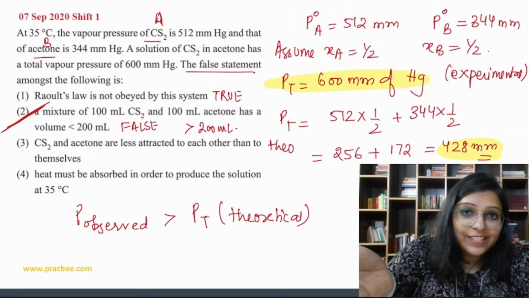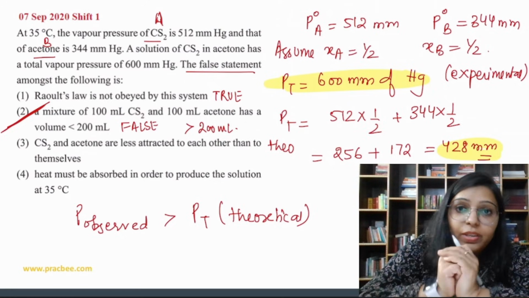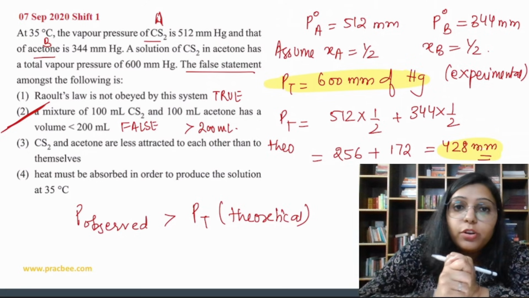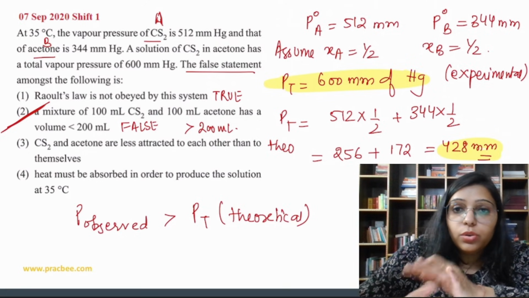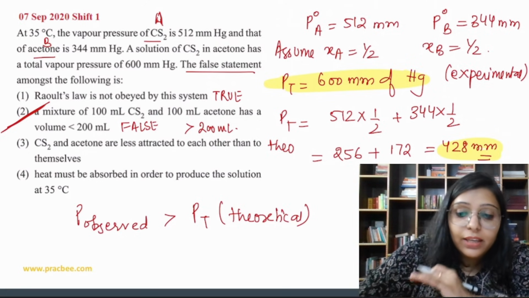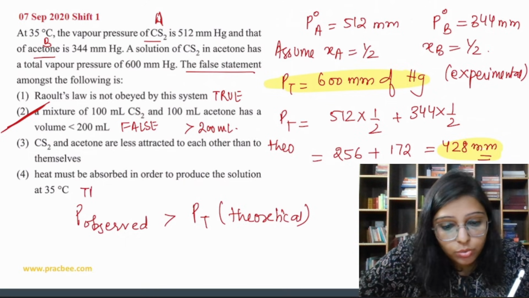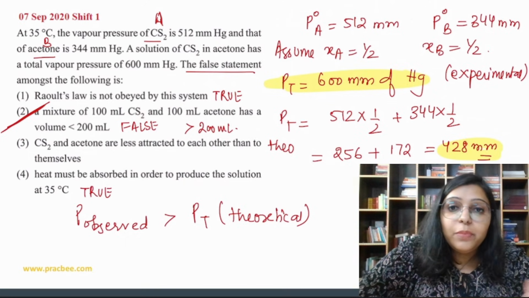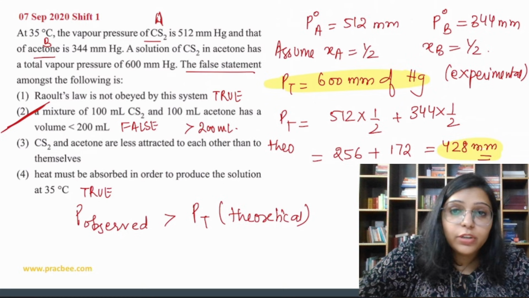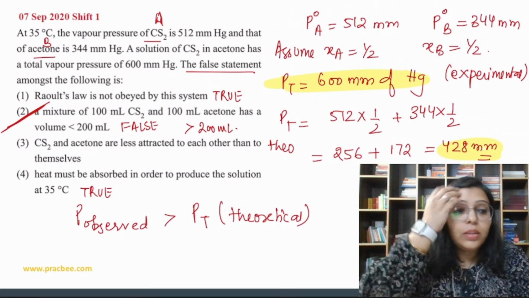Because they are less attracted to each other. Heat must be absorbed in order to produce a solution. So the point is that this is also true. Now why is this true? Heat must be absorbed in order to produce a solution at 35 degrees Celsius. The point is that